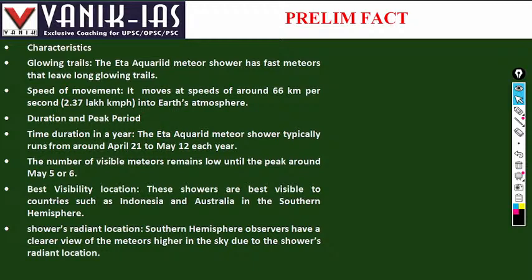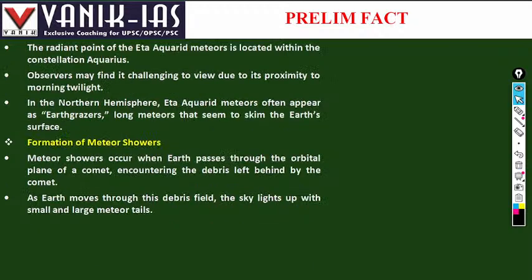Best visible location: these showers are best visible to countries such as Indonesia and Australia in the southern hemisphere. The shower's radiant location: southern hemisphere observers have a clear view of the meteors given the sky, due to the shower's radiant location. The radiant point of the Eta Aquarid meteors is located within the constellation of the